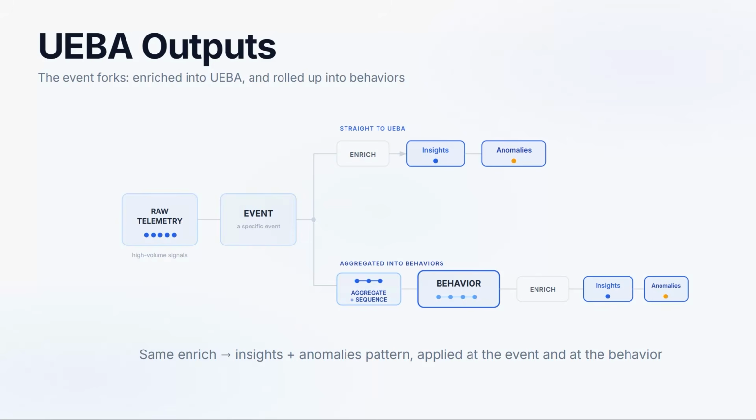Now, on top of this behavior, we also do the enrichments, insights and anomalies that we know so well from the raw events. This process happens in parallel, in near real time, and is added, as we will see very soon, into the behavior itself as more information on this behavior. So I hope this provides some clarity on what is the classical UEBA, what is a behavior, and what this new capability we're adding of anomalies on top of behaviors is.